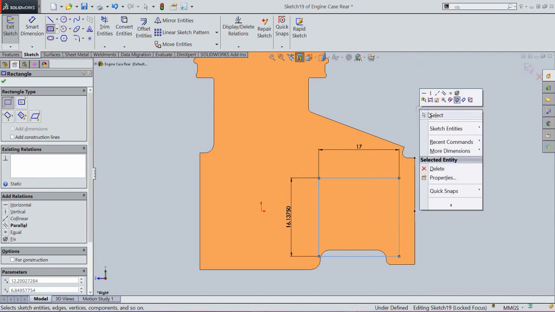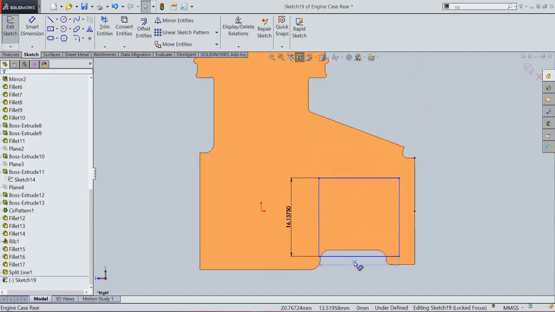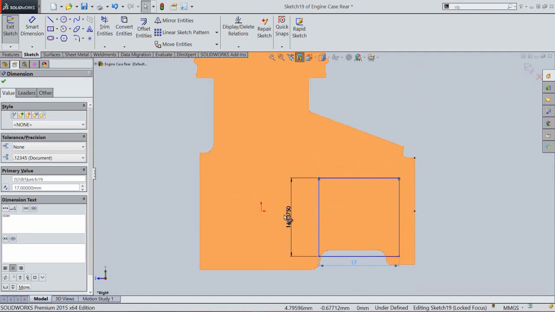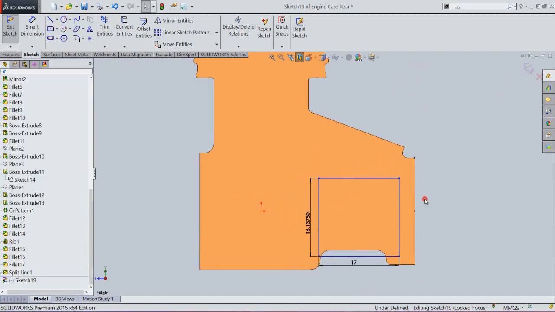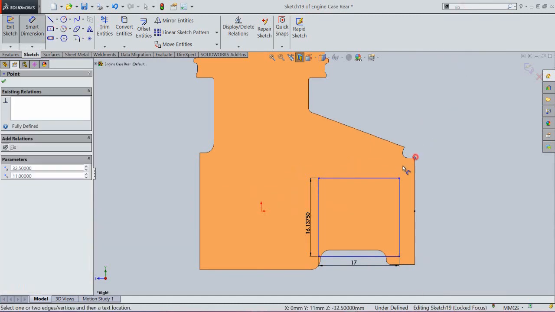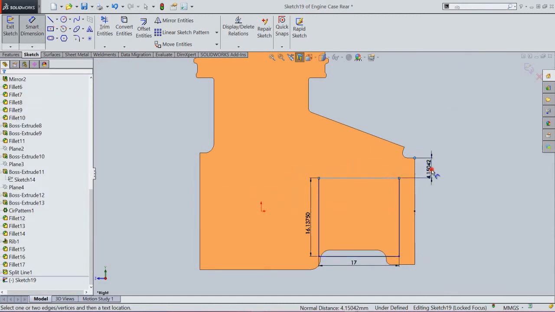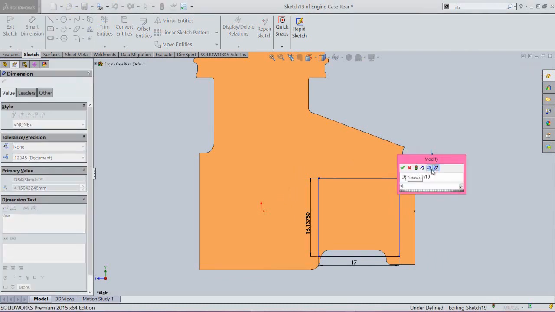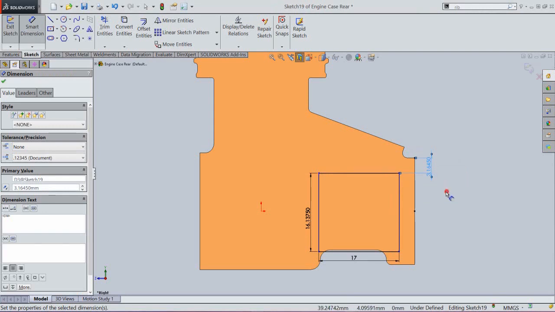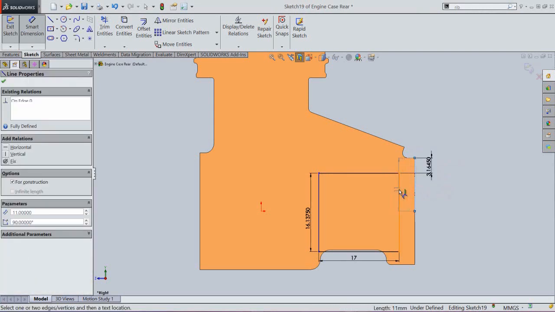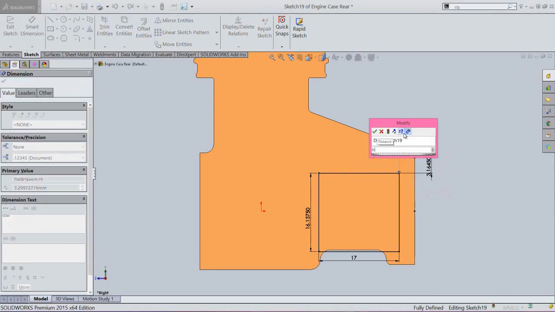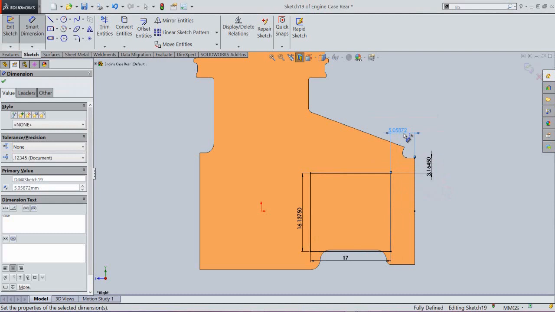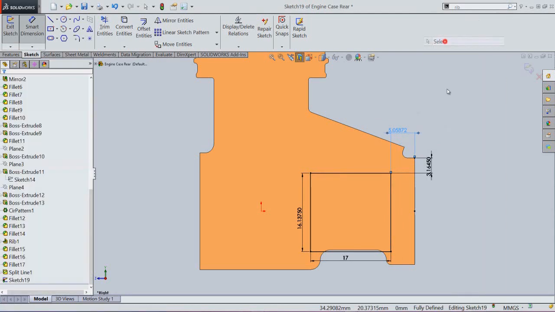Okay. Now apply another dimension between this point and set the value 3.1645 mm. Create another dimension from here. It will keep 5.05872 mm. Click OK.